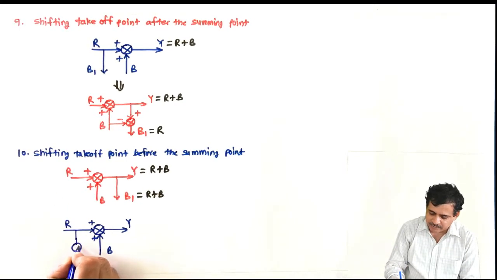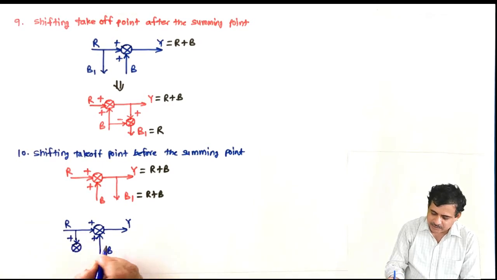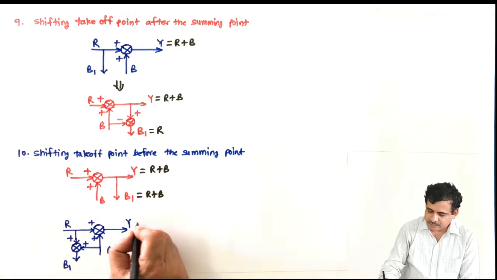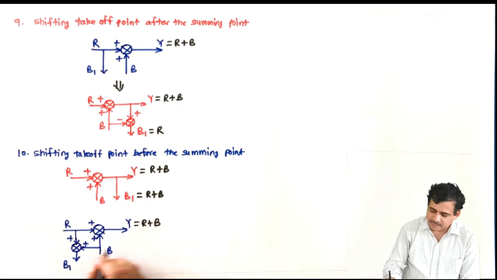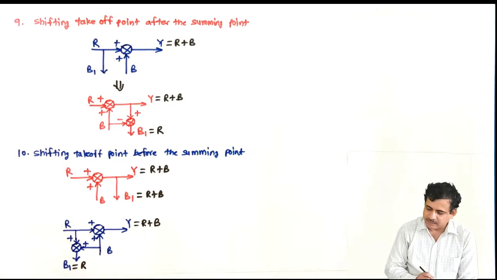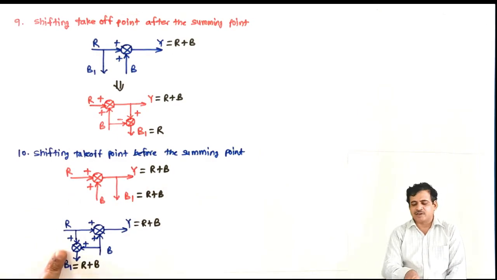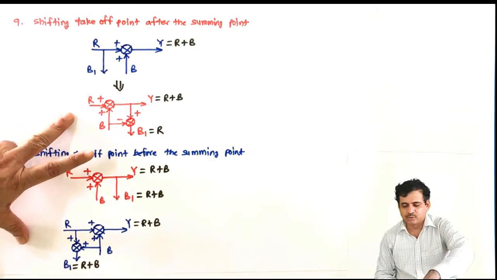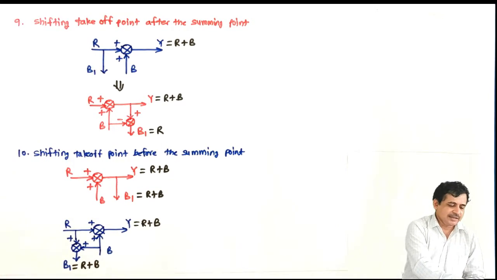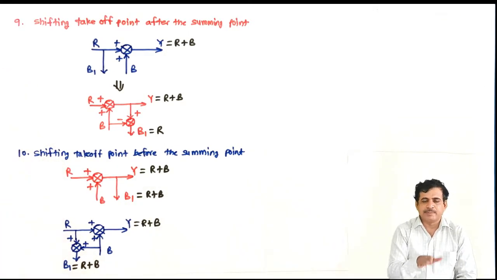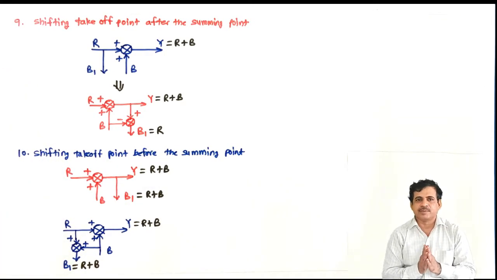Put here a summing point, plus plus, and then this is B1. So this B1, this is R plus B, and this is same as R plus B. So again here also one summing point is added. So in these two cases the summing points are additional, and this creates difficulty in the simplification. That is why use these rules if and only if it is not possible to simplify the diagram using first